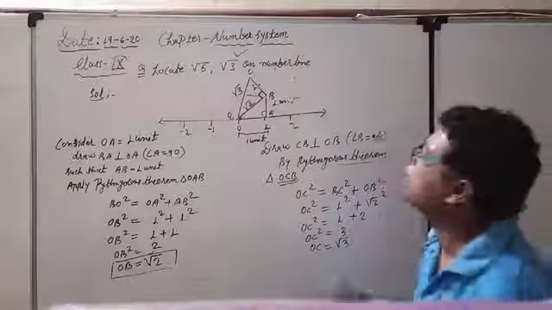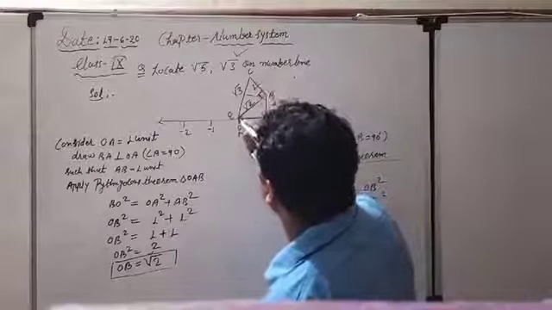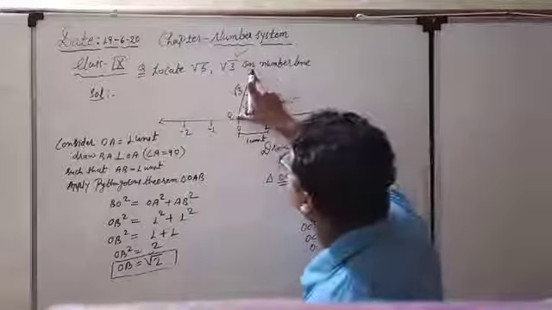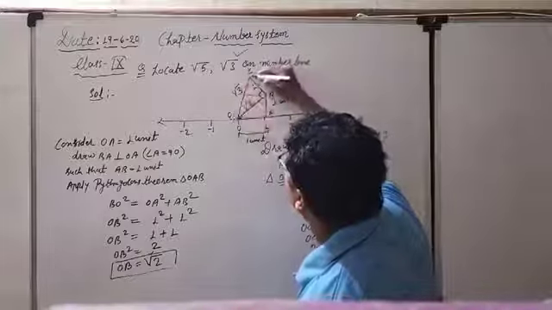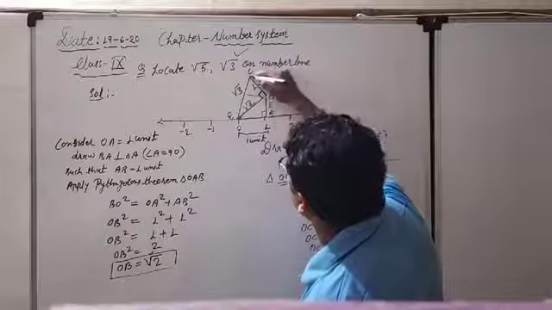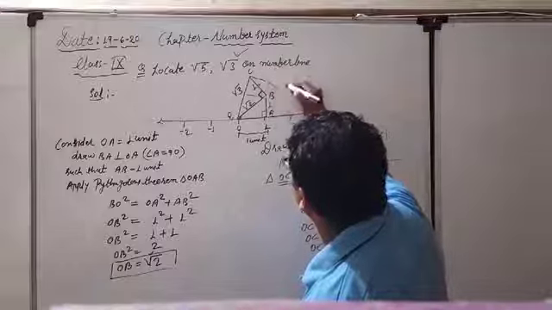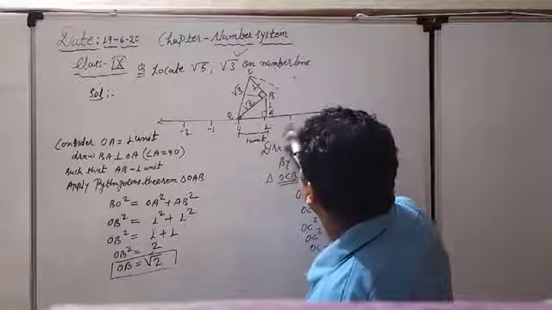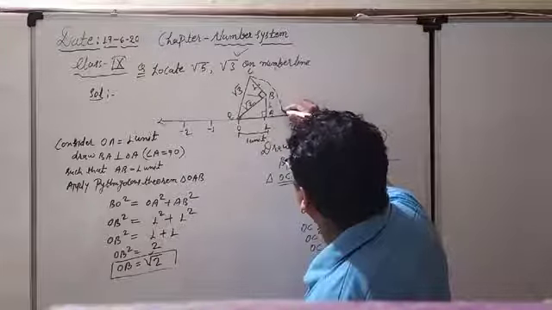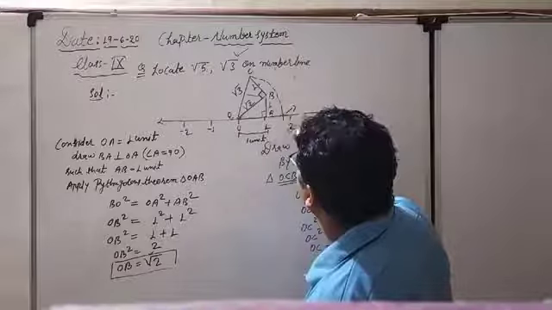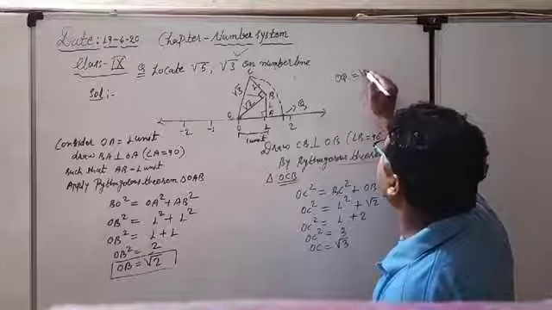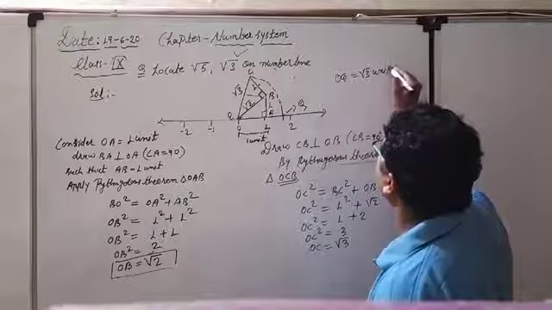When you are getting root 3, nothing else is the case. Again you have to consider O as a center, and after that take the radius OC. With the help of the compass, you have to take this particular arc and draw it like this. So you will reach this particular point, and this point again I am considering Q. So OQ will represent your root 3 unit on the number line.